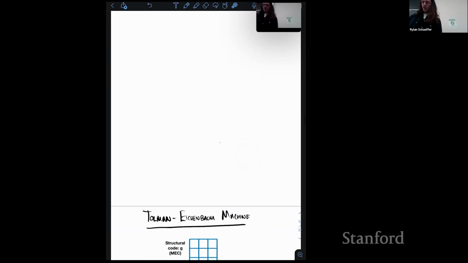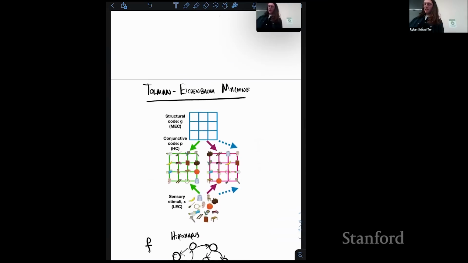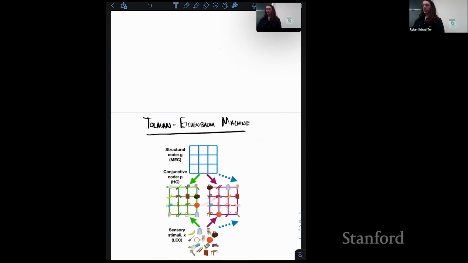Great, that was a load of neuroscience. Now we're going to get onto the model that tries to summarize all of these things. And that's going to be the model that will end up looking like a transformer. So we basically want this separation. These diagrams here are supposed to represent a particular environment that you're wandering around. It has an underlying grid structure, and you see a set of stimuli at each point on this grid, which are these little cartoon bits.